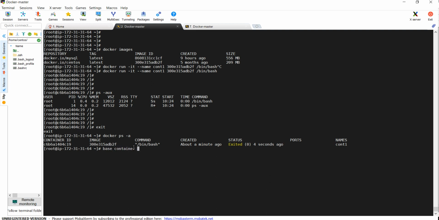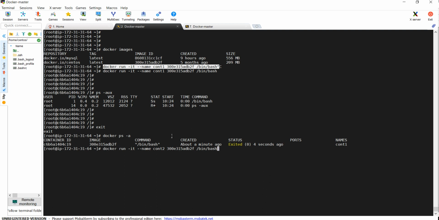So how should I come out of this container? Let me launch a container again. The container name I need to specify something different because container1 is already there, so container2. It's very slow.